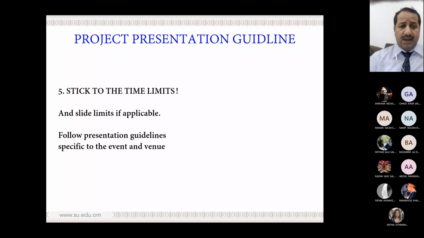It's not open. People have other things to do, and they come and they give you this time allocated for you. So use only this time. Don't cross the time. Like in an exam, if you are given 2 hours, you cannot cross 2.5, for example. You have to stick with the 2 hours.